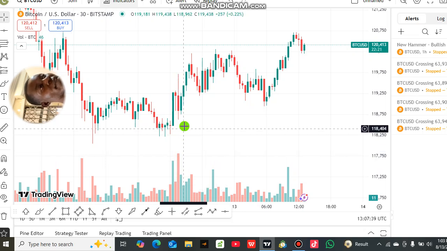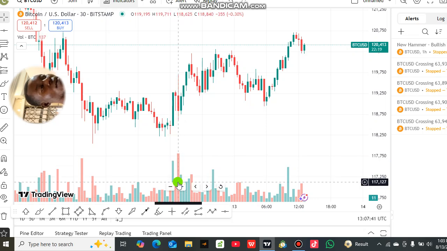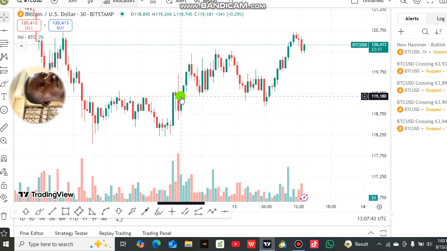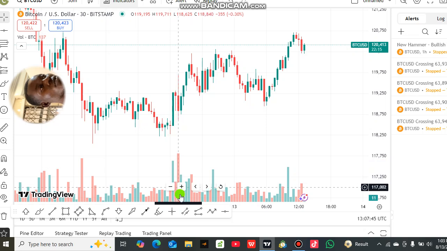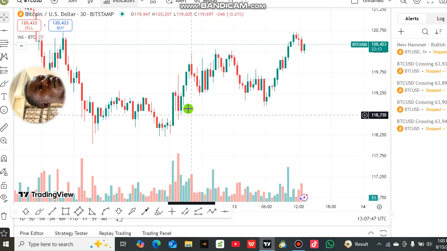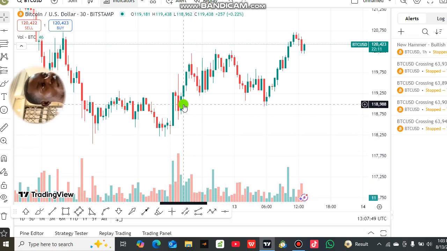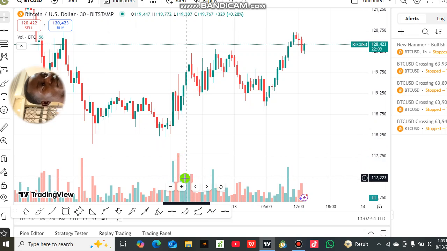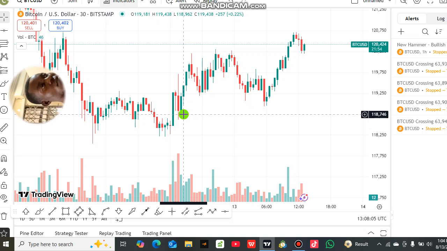But what happened? The next candlestick that was formed was a bullish candle, and then we saw another bullish candle. The next bullish candle formed is bigger than the previous candlestick. So that is telling you that there are a lot of participants supporting that particular move, and so the market will push to the upside. And that is why we saw